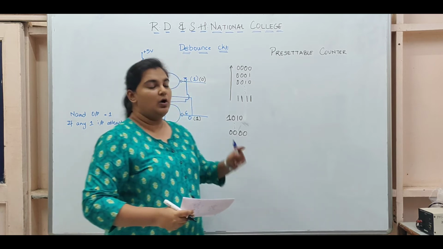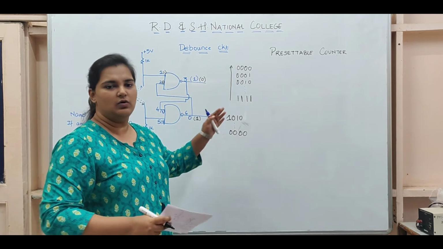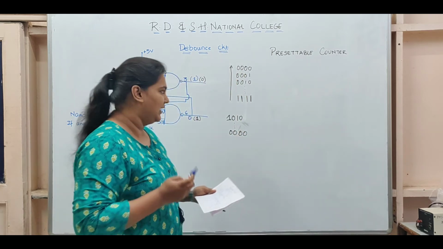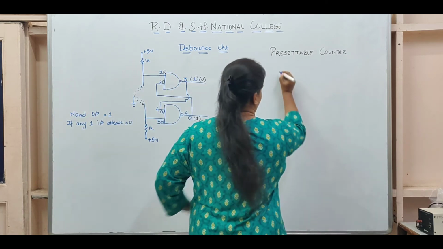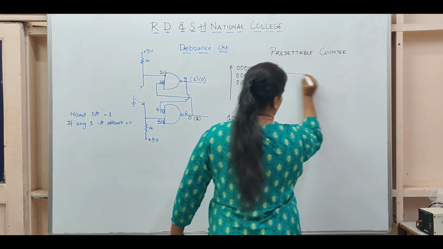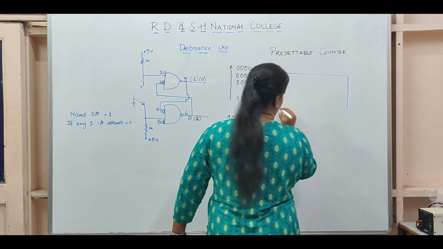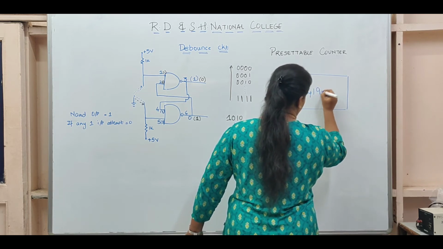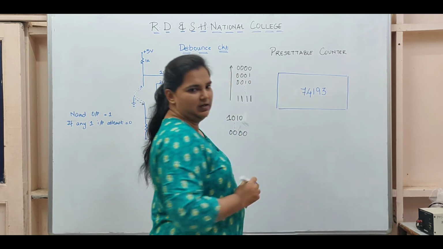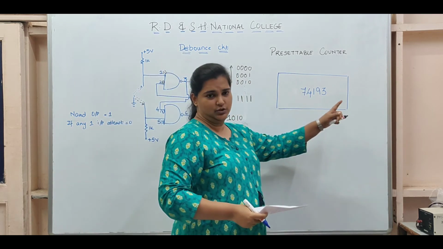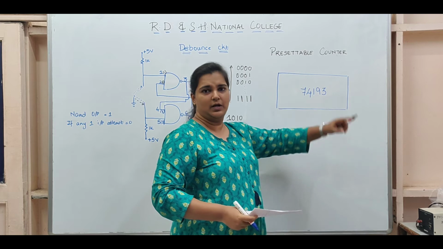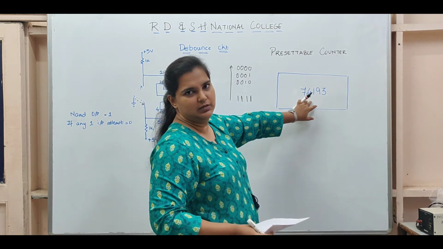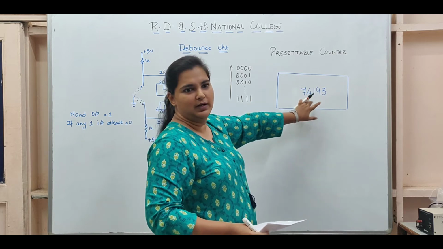Now coming to how this is carried out, what the procedure is. The first thing we need to do is look at the circuit diagram of the presettable counter. We use a presettable counter IC which is made up of flip-flops. This IC is IC 74193, which is available in the market. There are obviously other versions also, 74192, 74194 and so on, but what we majorly use and what our syllabus prescribes is 74193.